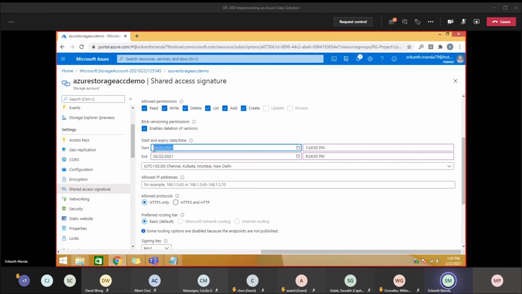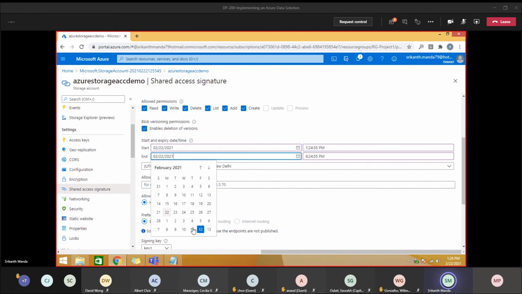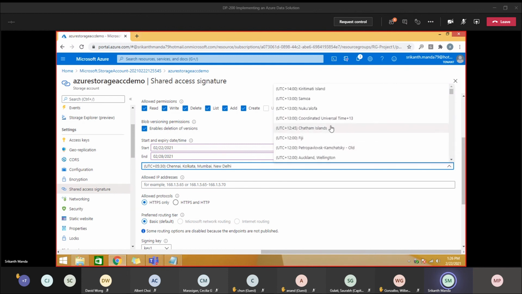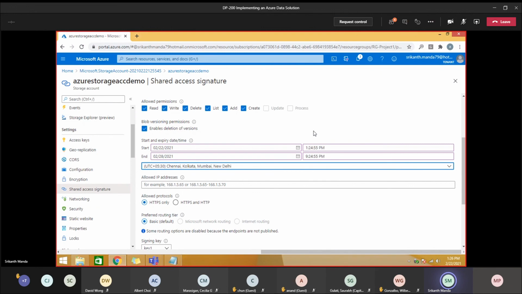This is from the 22nd afternoon 1 p.m. to the 22nd night 10 p.m. So you can change all this. You go here, set time, and change this time. And here also you can. I'll just go till month ending. And what is your time zone? I'm in India, so I'm going with UTC plus 5.5 hours. You have Kathmandu here, Islamabad, Dhaka, Sri Lanka. You can go there. Now